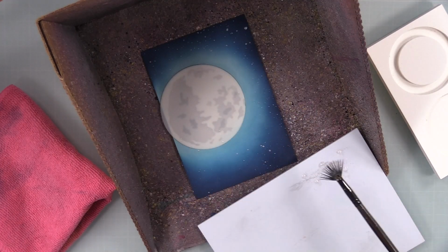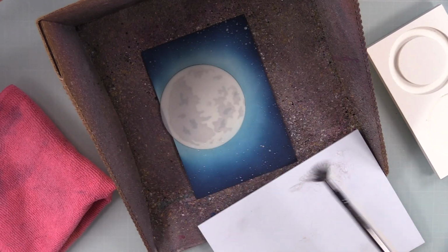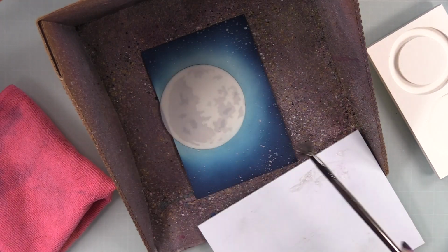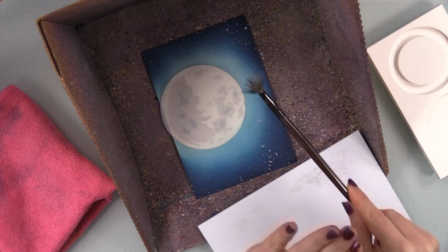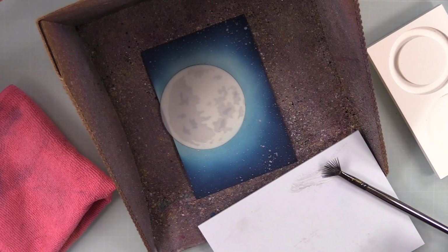Oranges also. The sky's the limit. You could do so many different color combos with this, but I was in a blue mood. Not depressed. I was just in a blue mood. So anyway, I put the background into my splat box, used that little mask again just to cover the moon,